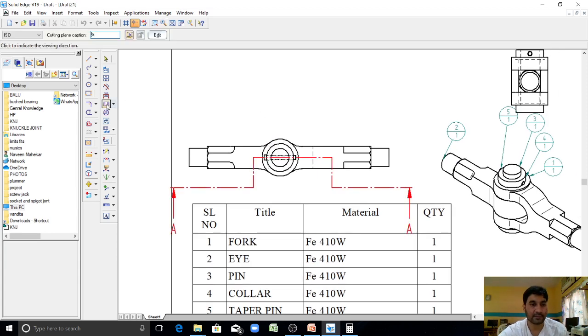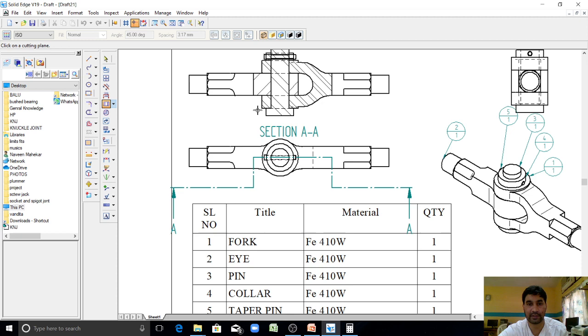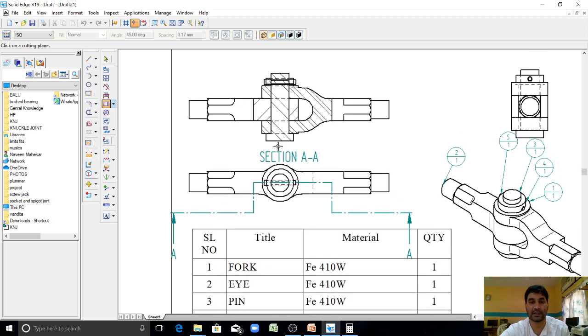Now in order to draw the section view here, it is asking for the cutting plane. I'll select this cutting plane and drag towards the top in order to get the front view. This is the section view.